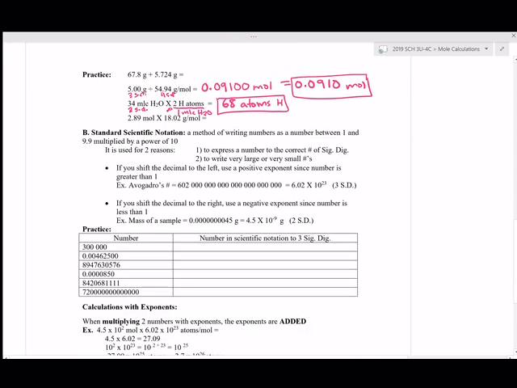Okay, so scientific notation. We'll use it for 3 reasons. To make really big numbers reasonable to write down, such as Avogadro's number, which we're going to be using in chemistry a lot. It has a lot of significance. This is what it looks like. It's huge. If we use scientific notation, we can write it as 6.02 times 10 to the 23, because